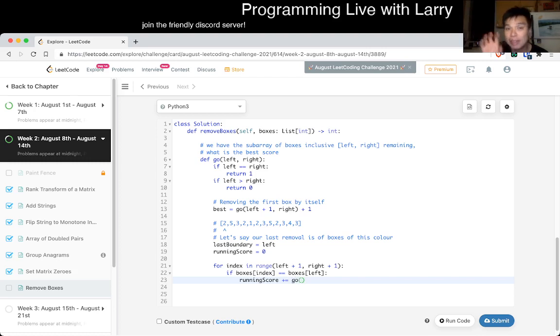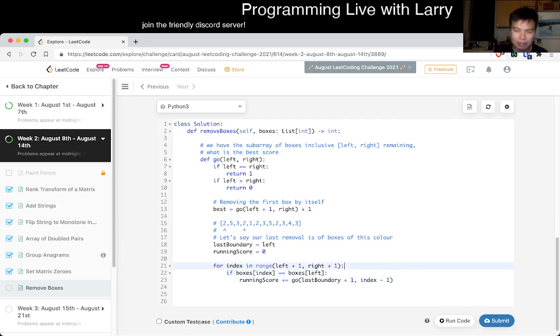goal of, and to be frank, everything I said could be wrong. Like I said, I'm not very strong on this, so we'll see where I go with this. But yeah, so this is basically the last boundary plus 1, because this is going to be inclusive of left plus 1, and then we want to be index of -1, because again, these are inclusive bounds. So for example, if we have these two 2's, then we want to consider these two boundaries, right? So it's this,